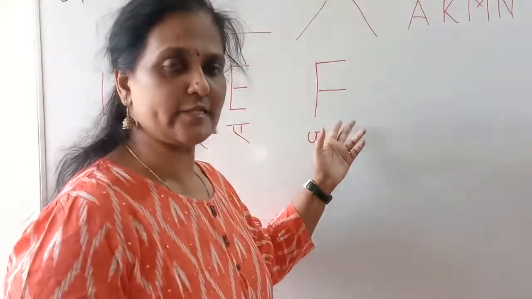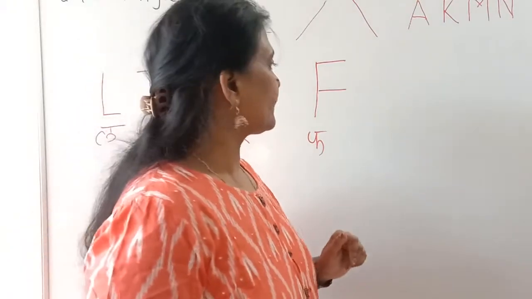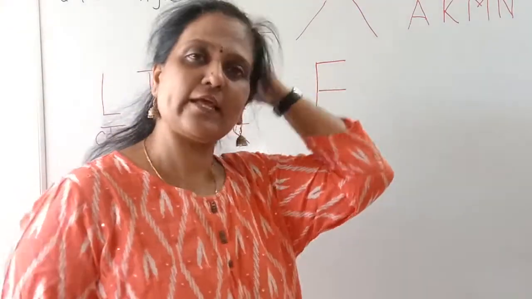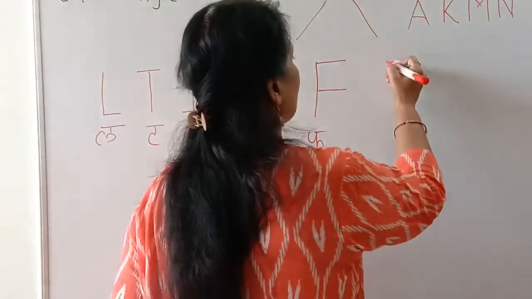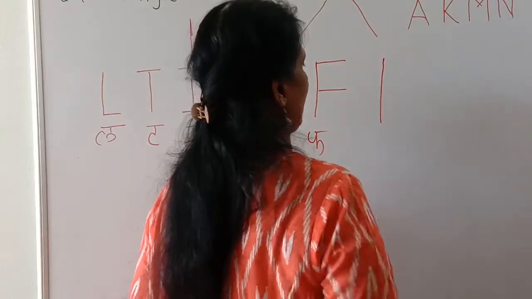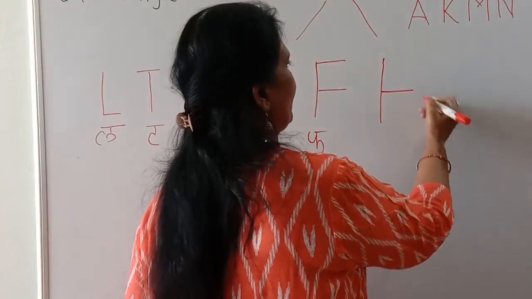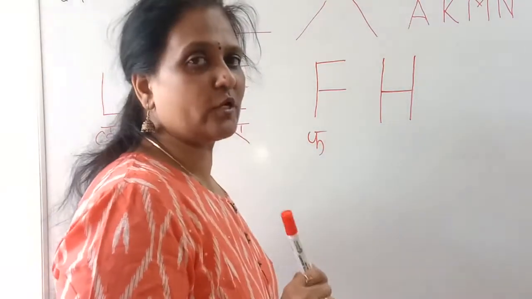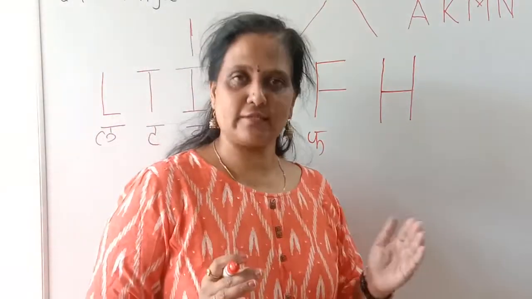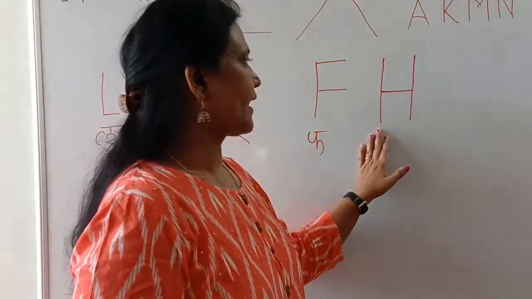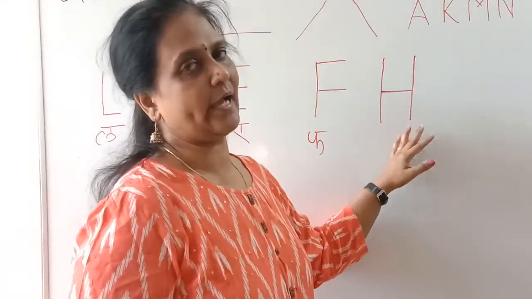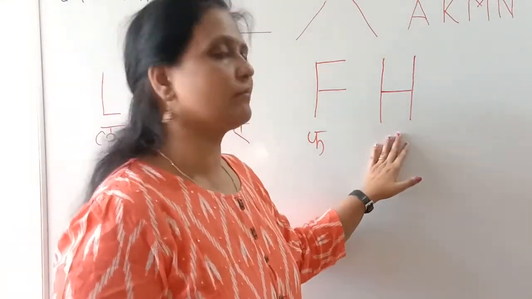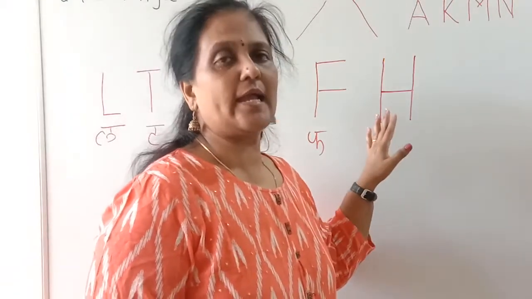F says F. Another remaining letter of standing and sleeping line is H. I draw first a standing line, sleeping line and standing line. You also teach your word by this method. Standing line, sleeping line and standing line. It becomes letter H.